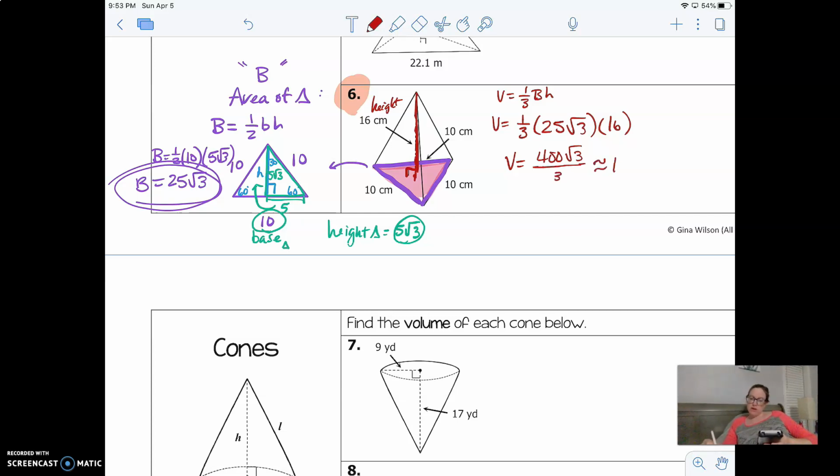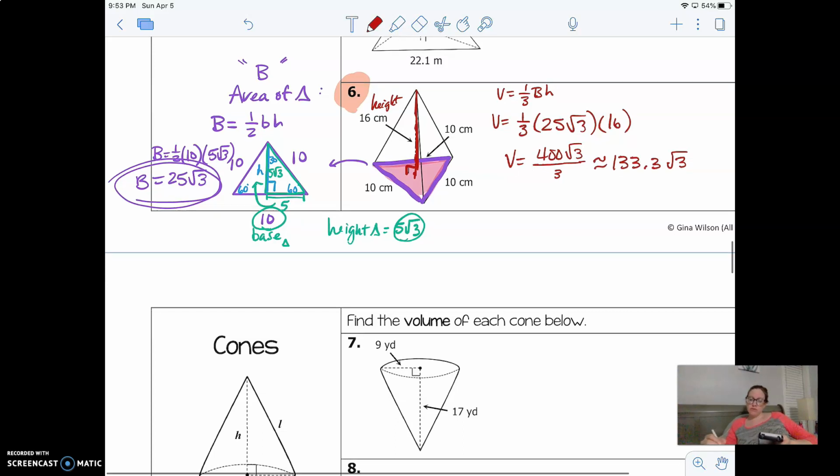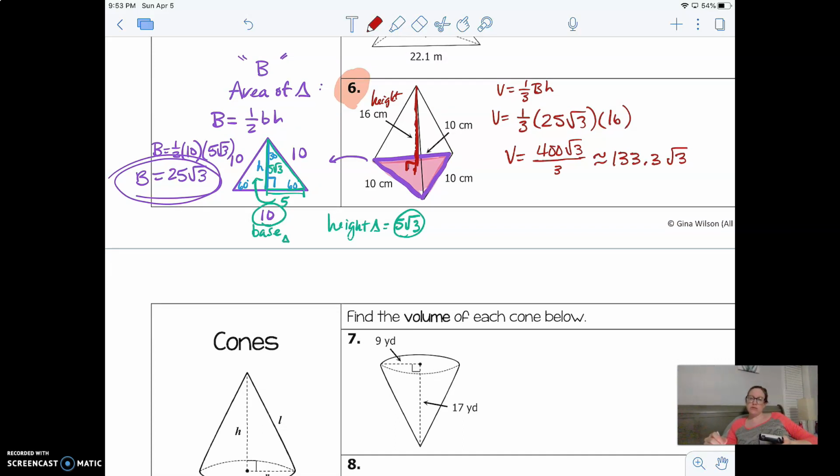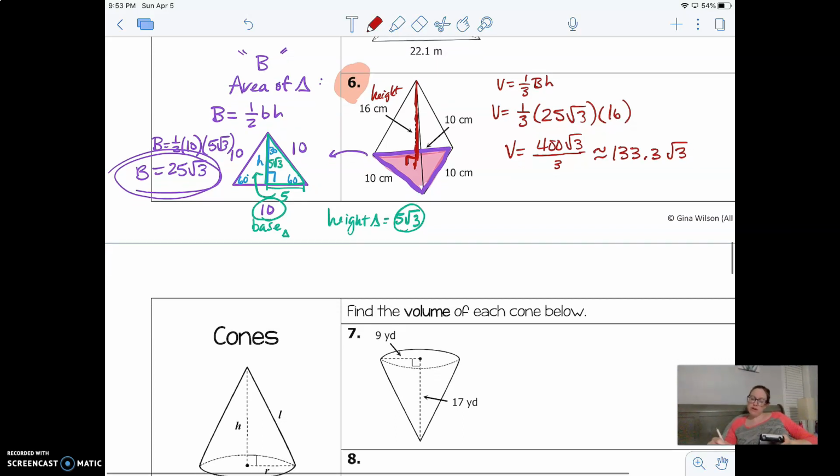Or you can write that as approximately 133.3 square root 3. I don't like that option very much, but the first one would be the best option in terms of simplest radical form. But if I wanted this rounded, like your homework probably wants, then you're just going to multiply that by the square root of 3, and you get approximately